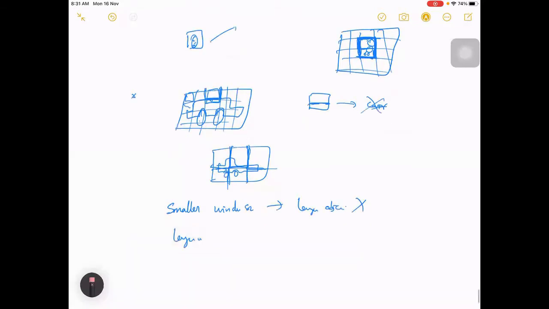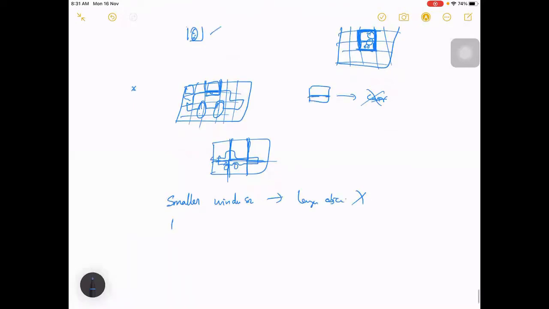but we won't be able to accurately localize the smaller object. So with a larger window size, what will happen? Inaccurate location of the smaller object, let's say.